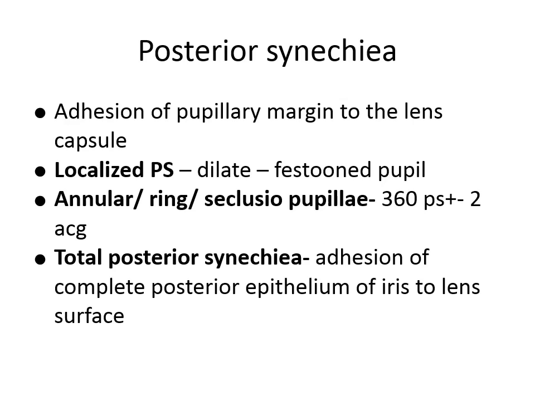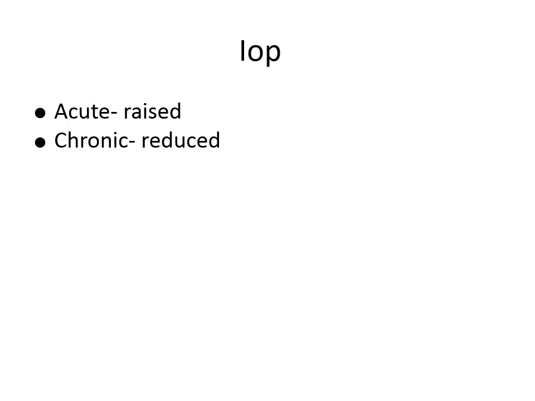Now these exudates along with the cyclitic membrane cause complete damage of the ciliary process, and you know that the ciliary body and the process is important for aqueous secretion. So when this is damaged, it can cause a decrease in the aqueous secretion and finally cause hypotony. So I hope I was clear with the posterior synechiae, wherein you have a localized posterior synechiae, or it can either be an annular or a ring-shaped synechiae, or it can be a total posterior synechiae. If it is a total posterior synechiae, then after forming a cyclitic membrane, it can finally cause hypotony.